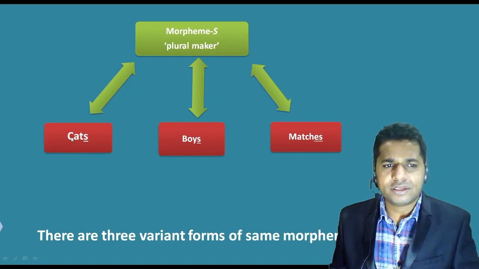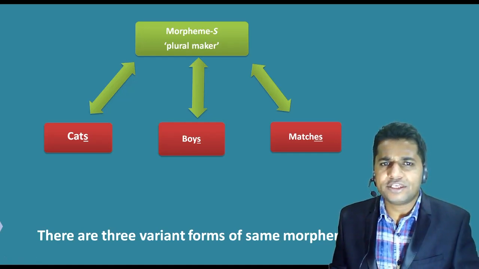If you see this word cat, cats, it has got two morphemes. Cat is a free morpheme, S is a bound morpheme. So S is a minimal unit of a word. So we are discussing here allomorph. What is an allomorph? So if you see this S morpheme